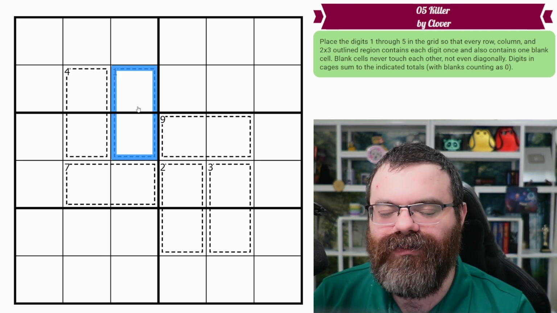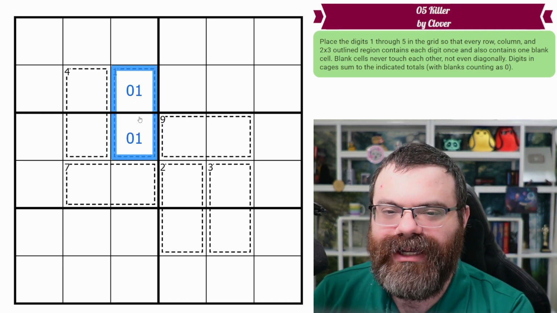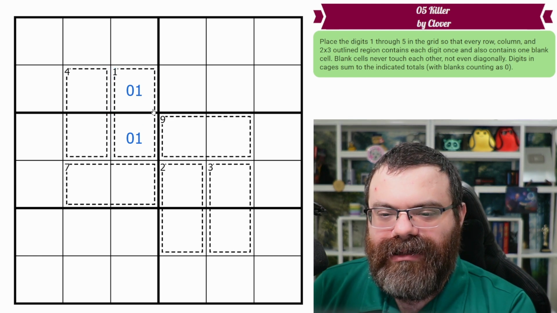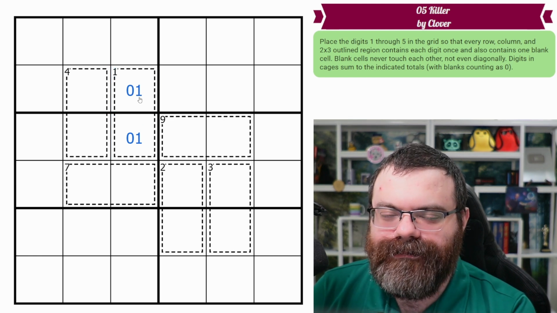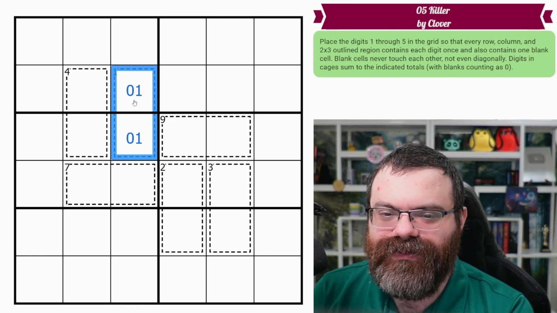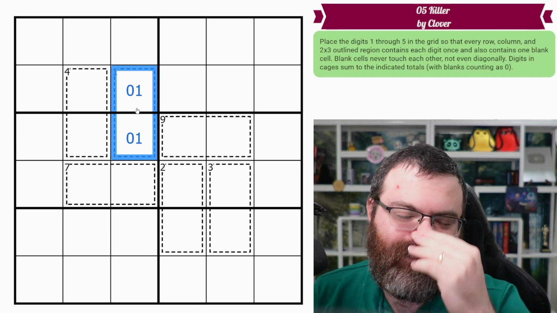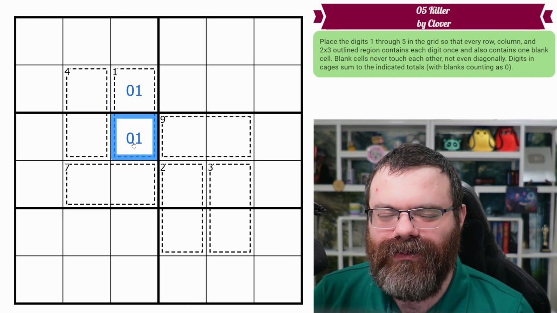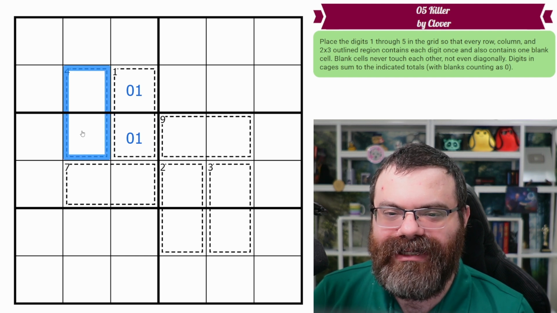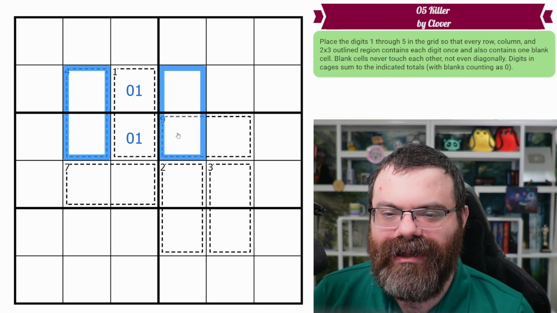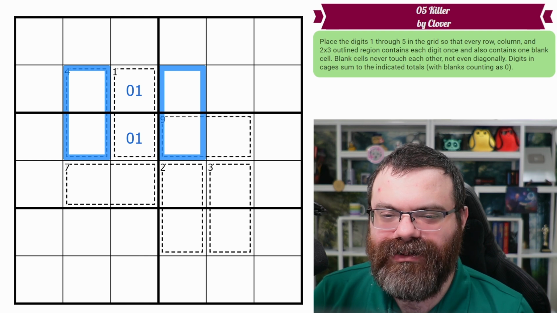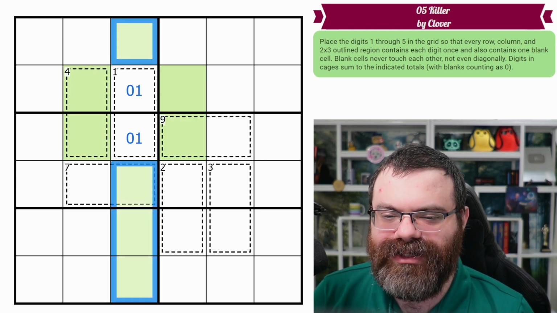So in this case, this 1 cage is going to have a 0, 1 in it. Now there's a cool property of the no touch rule, which is this formation here, where we know the 0 is going to end up here or here. Well, if the 0 ends up in one of these two cells, it can't be in one of these two or one of these two. Maybe I will color code, I'll put in green any cell that definitely is not a 0